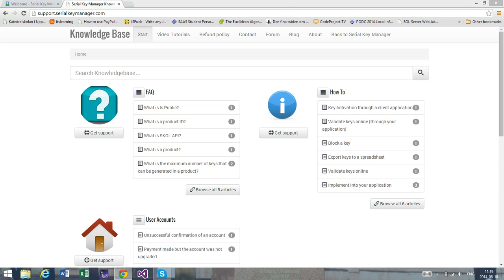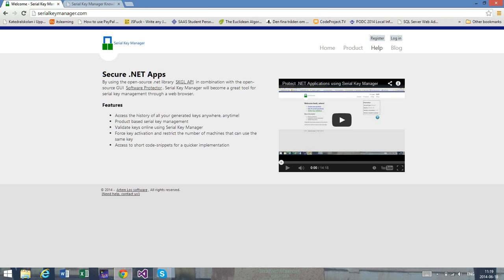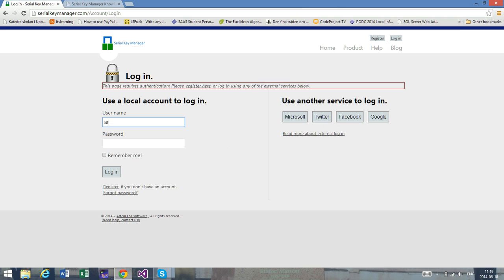So the first thing you have to do is to log in to Serial Key Manager, because all your settings and all your keys are saved, so you don't need to worry that you have some keys generated on one machine and some keys generated on another machine. That's one of the benefits. So I'm going to just log into my account,